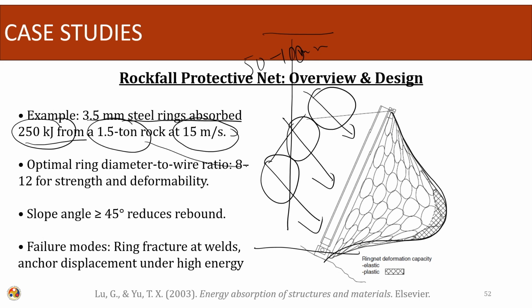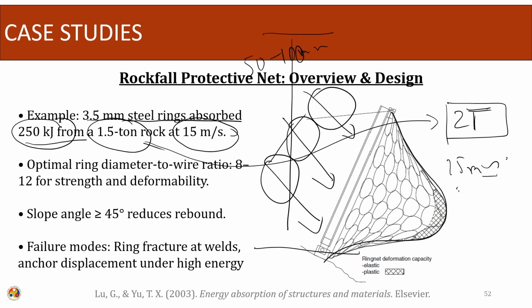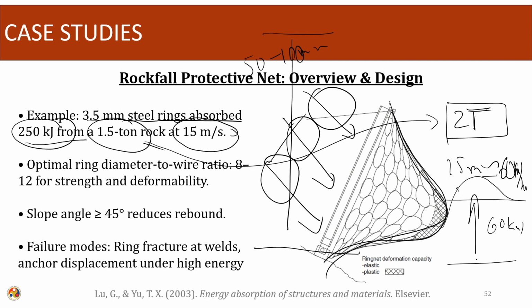To give you an idea of 1.5 tons, normally a car weighs around 2 tons. So, to give a perspective, this can stop a falling car. And a velocity of 15 meters per second is approximately less than 60 kilometers per hour. So, this netting system can stop a moving car at a speed of approximately 60 kilometers per hour. Basically, what we are trying to say is that this netting system can stop a speeding car on a highway. Now you can realize the efficiency of the system.